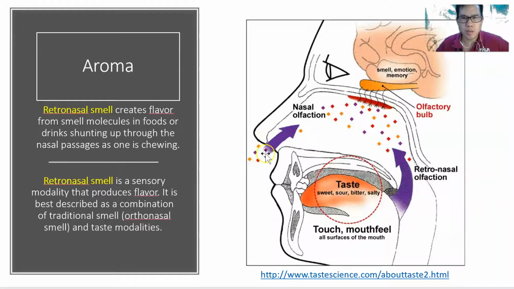Another thing is that one comes directly from the nose to the nerve over here. Another very important one is when the food has been ingested inside your mouth. This is different from outside. When it's inside, the volatile components will also go through to your nose. This pathway is what we call retronasal olfaction. This will combine with the smell of the food and send a signal to your brain.